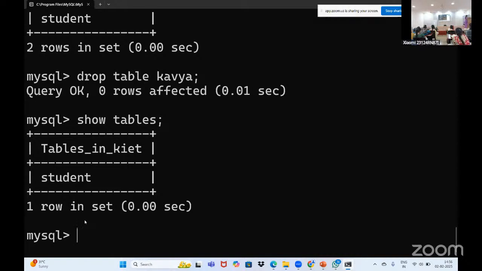Create table, table name, fields, let me create one more table and see. Create table. Create table, table name,